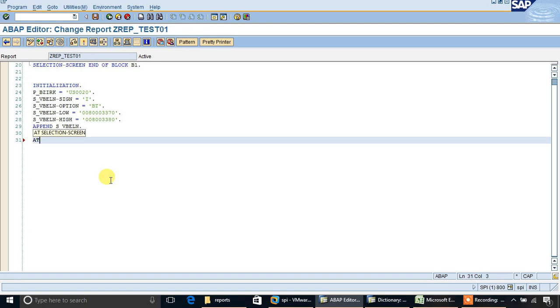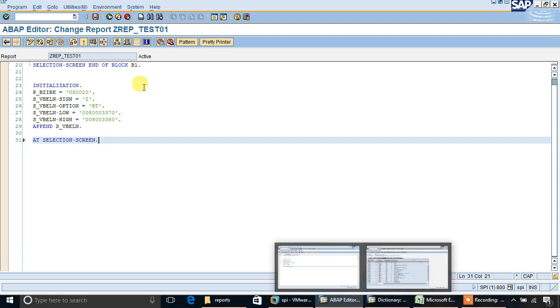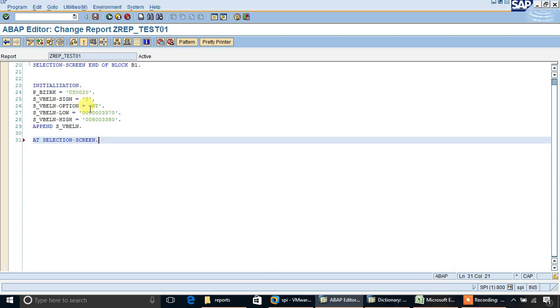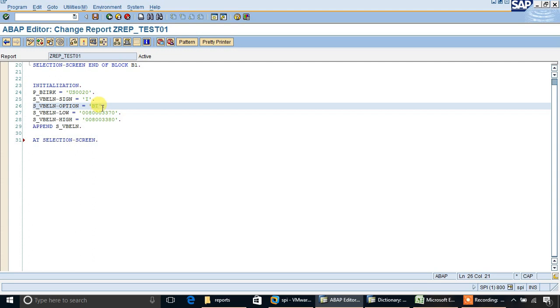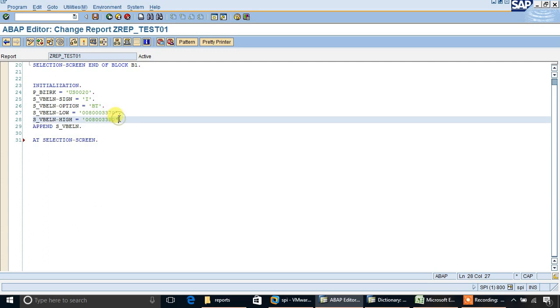Next event is at selection screen. This event is used to validate screen data. Means if the user inputs values and these values do not exist in the database, then it recommends the user to enter a proper value or gives another kind of error.